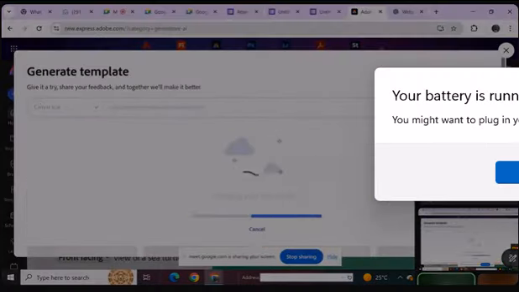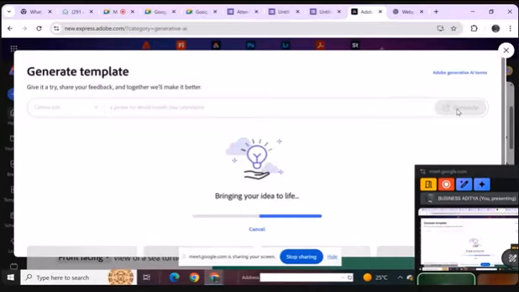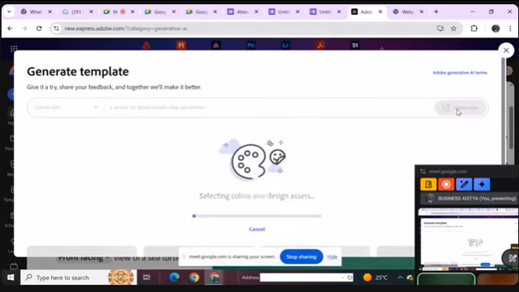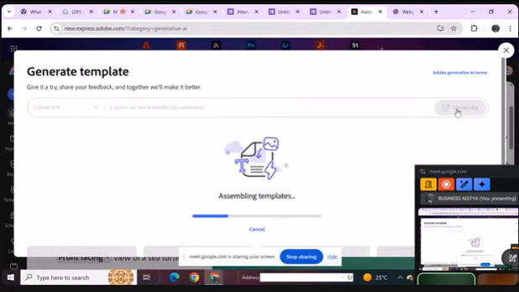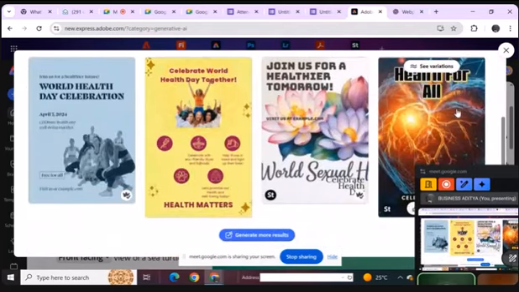Let's see how we can rotate the image. It's saying mixing art and science, generating images. Let's see how long it takes. Okay, see,